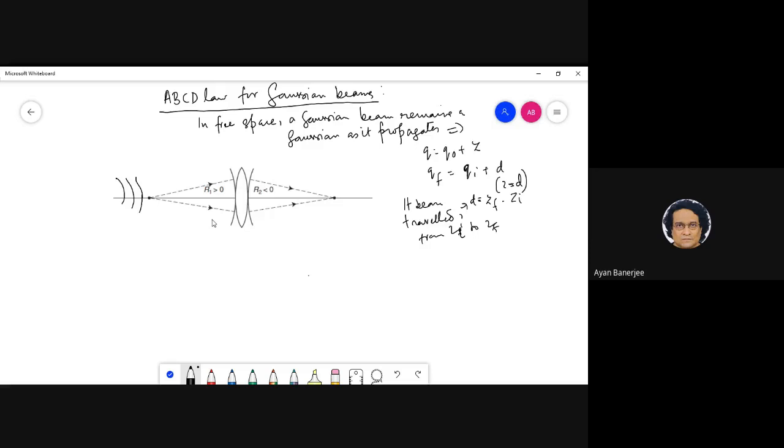What is the source of a spherical wave? The source of a spherical wave is a point source, right? So now think of this, I have an object here, like a point source, which is getting translated by the lens to the final point here, another point. This is getting focused to here. So this will emanate spherical waves. If I emanate spherical waves like this to the left of the lens, then the curvature will look like this. Similarly, if I take this focal point and consider the spherical waves propagating towards the lens, then they will be like this,